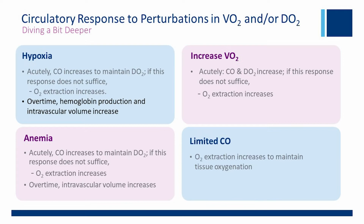Similarly, with anemia, cardiac output acutely increases in order to maintain oxygen delivery. If this response does not suffice, oxygen extraction increases. Over time, intravascular volume increases. The same is true for an increase in oxygen demand. Cardiac output and oxygen delivery acutely increase. If this response does not suffice, oxygen extraction increases. However, when cardiac output and oxygen delivery are limited, an increase in oxygen extraction is the mechanism that attempts to